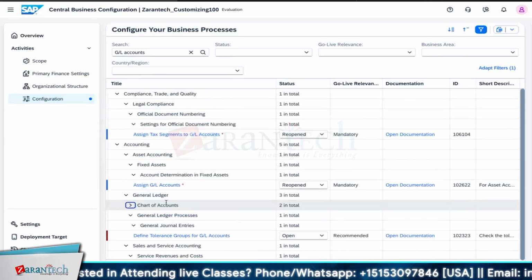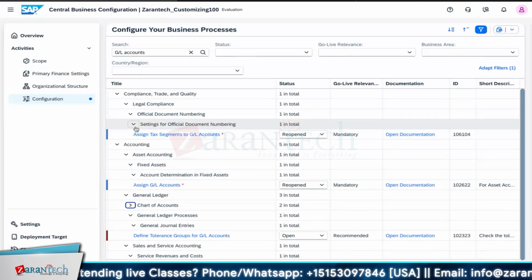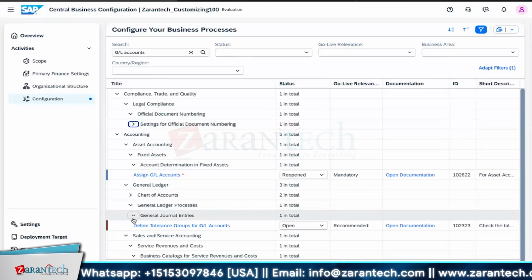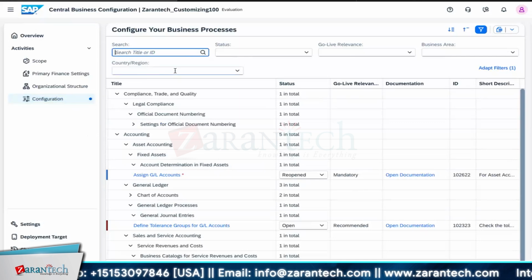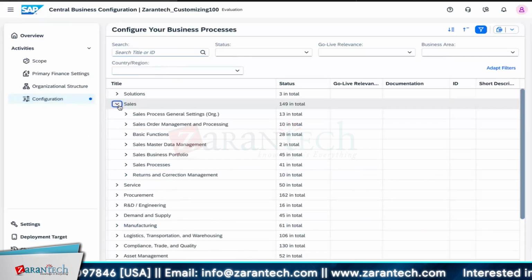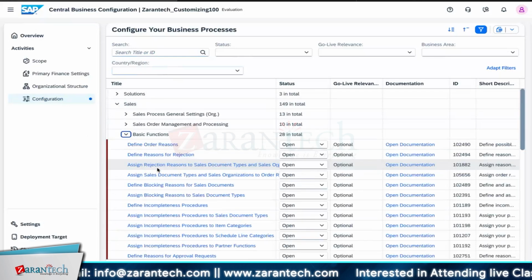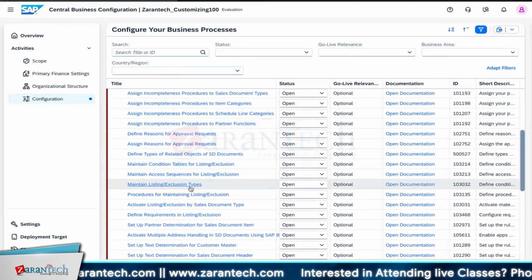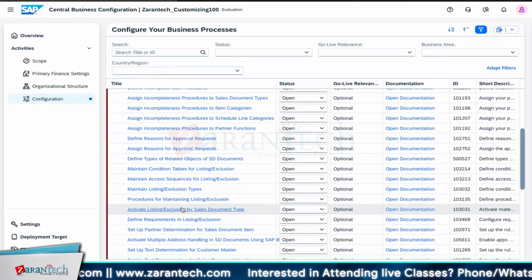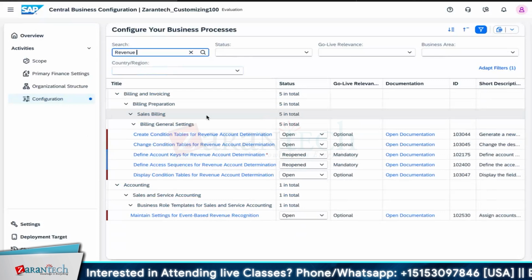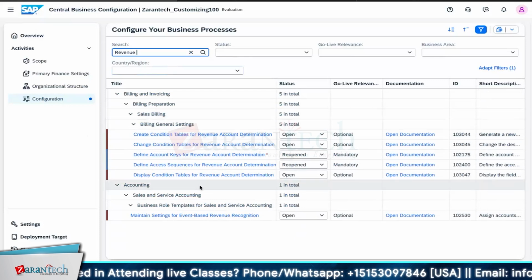So let me show you that, because in public cloud a few of the things are missing. In ECC, I can run the demonstration easily, but in public cloud a few things are missing, so I'm just checking for that. Let me refresh this. If you go to Sales, under Basic Functions, we have Account Assignment and Costing. Let me check this one. Yeah, so this is the revenue account determination. The first important thing for the SD-FI integration configuration is that you have to